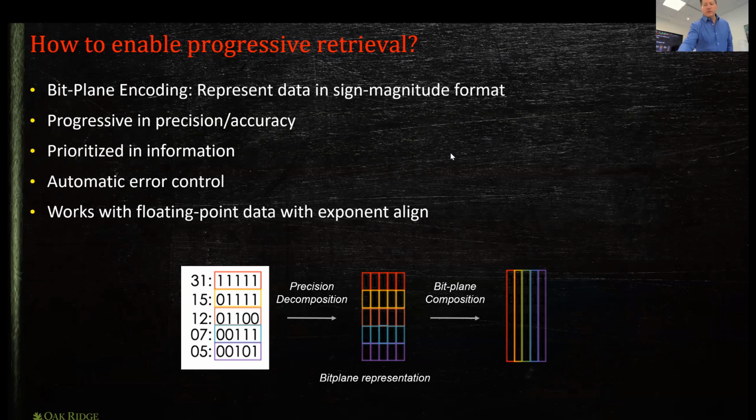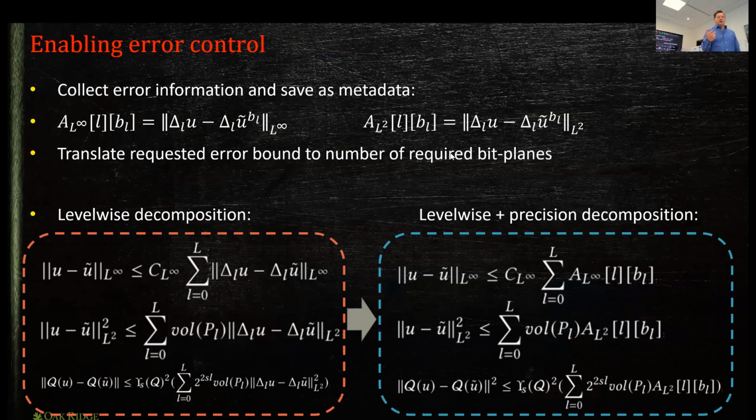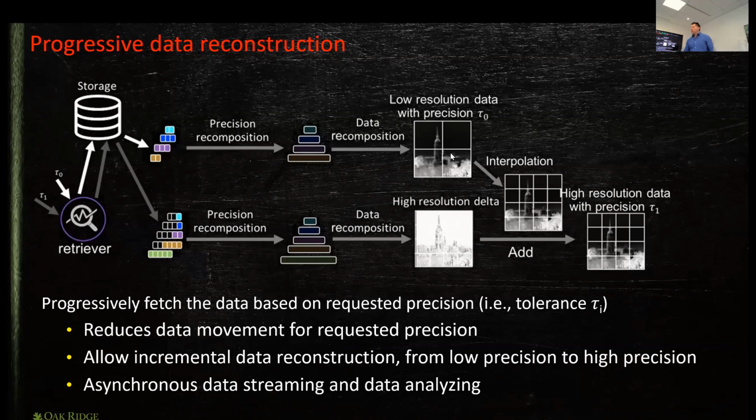So what we found when we put this together with bit plane encoding, we can just modify our mathematics with this in place. It's actually not too complicated. And through that, we can still guarantee all the errors, but now we can do what we were trying to promise, which was that as we go through the different levels, we can get different accuracies, not just according to degrees of freedom, but also precision, because you won't need as much when you go precision as well. And this allows for a lot of nice things.